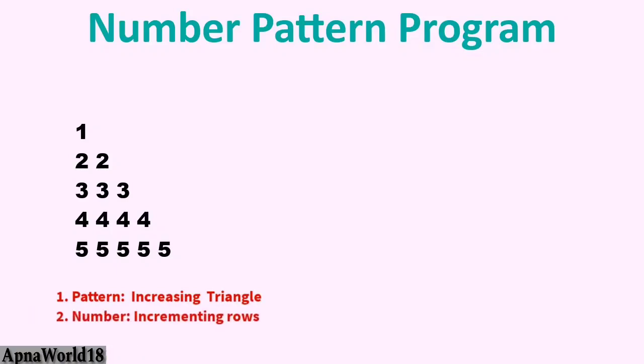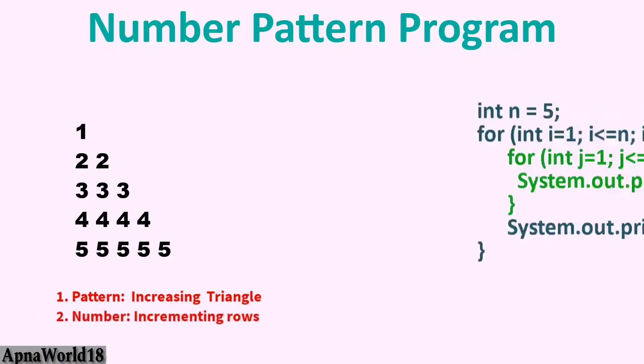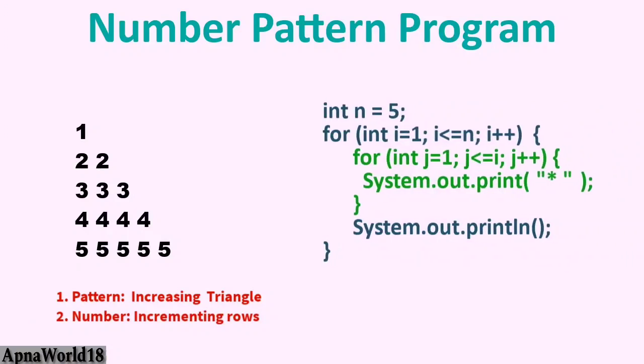You know this is an increasing triangle pattern, so you can immediately recall the code which displays increasing triangle pattern with star. Increasing triangle has outer loop from 1 to n and inner loop from 1 to i. Now that we have the pattern sorted, we will focus on the numbers inside it. What we see is that the numbers start with 1 and are incrementing by 1 in each row. So we need 1 to be printed in row 1, 2 to be printed in second row, 3, 4 and